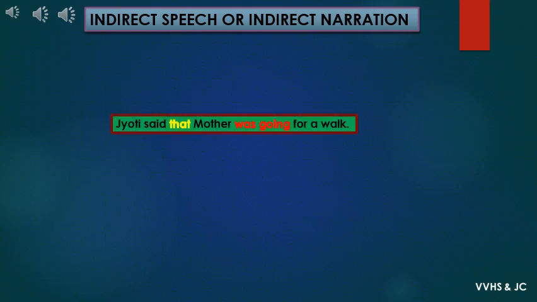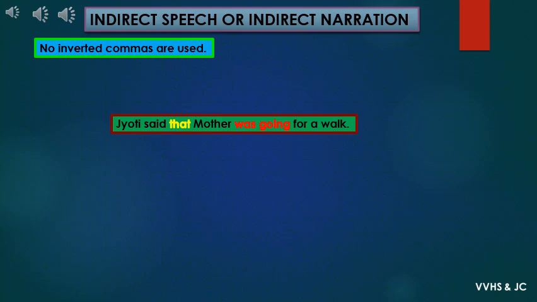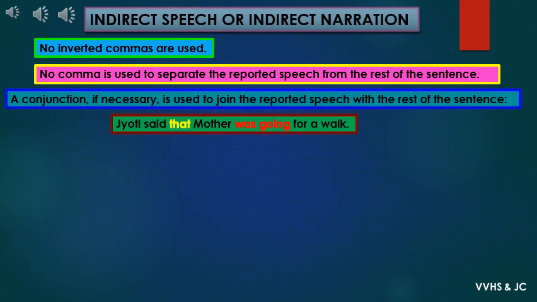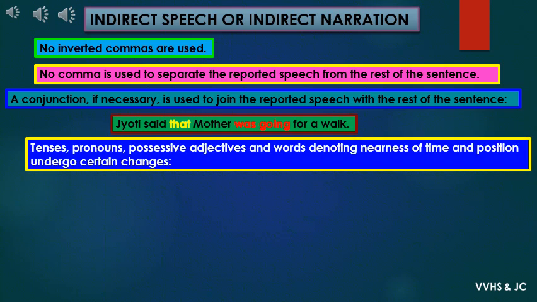Let's understand indirect speech or indirect narration in detail. Let's look at the example. Jyoti said that mother was going for a walk. Here, no inverted commas are used. No comma is used to separate the reported speech from rest of the sentence. A conjunction "that" is used to join the reported speech with the rest of the sentence. While changing from direct speech to indirect, tenses, pronouns, possessive adjectives, and words denoting nearness of time and position undergo